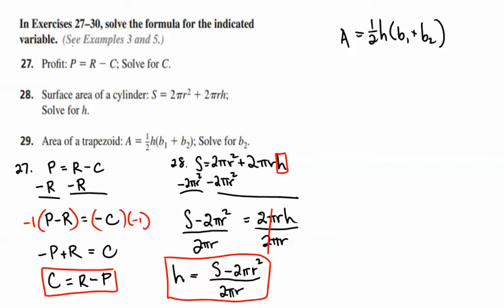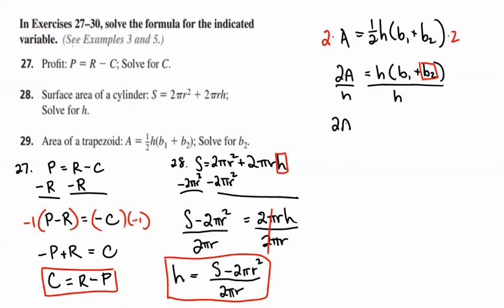So before we can do anything else, I would still suggest that you get rid of the fractions by multiplying by the reciprocal. So we end up with 2A is equal to H times B1 plus B2. Now, at this point, with our goal being to isolate B2, we could do a couple of things here. We can divide both sides by H,